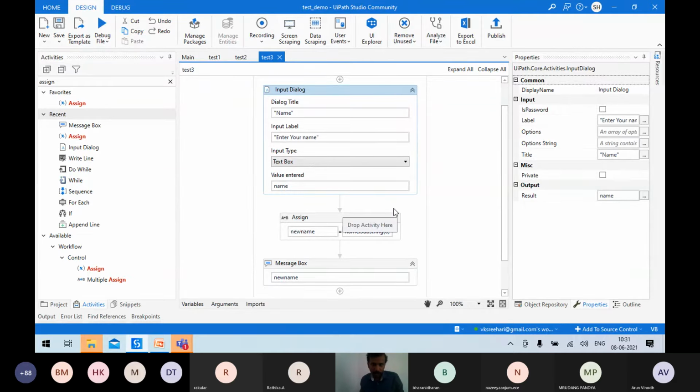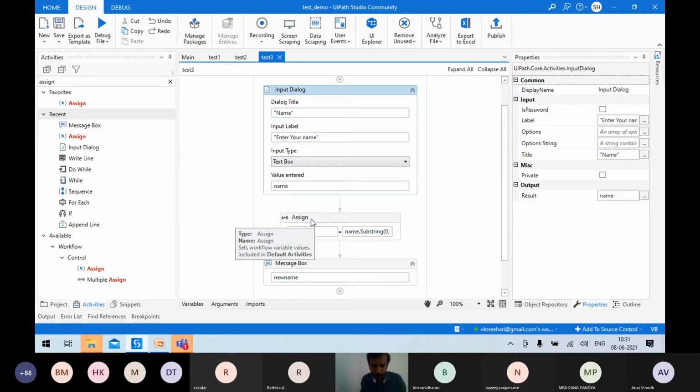Now what I wanted is to display the first three characters of the name entered. What I'm trying to say is that we are using a string variable and how we can manipulate these string variables in different ways. This is possible with all variables, but due to time constraints we'll limit it to string variables. So we just need to display the first three characters of the name entered.